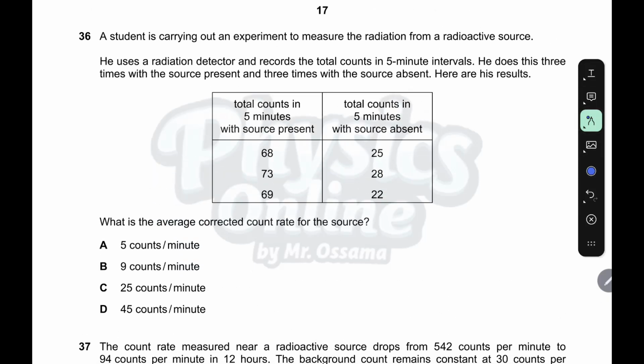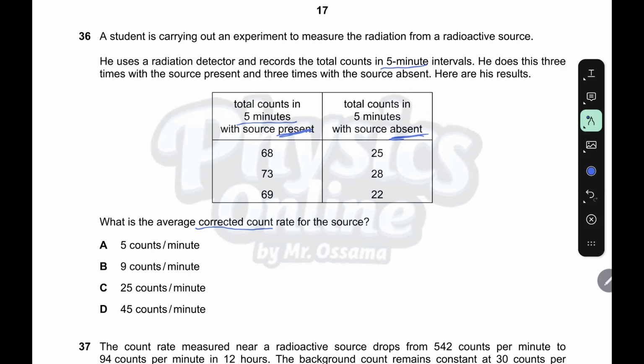A student is carrying out an experiment to measure the radiation from a radioactive source. He uses a radiation detector and records the total count in 5 minute intervals. He does this 3 times with the source present and 3 times with the source absent. Here are the results: total count in 5 minutes with the source present and with the source absent. What is the average corrected count rate